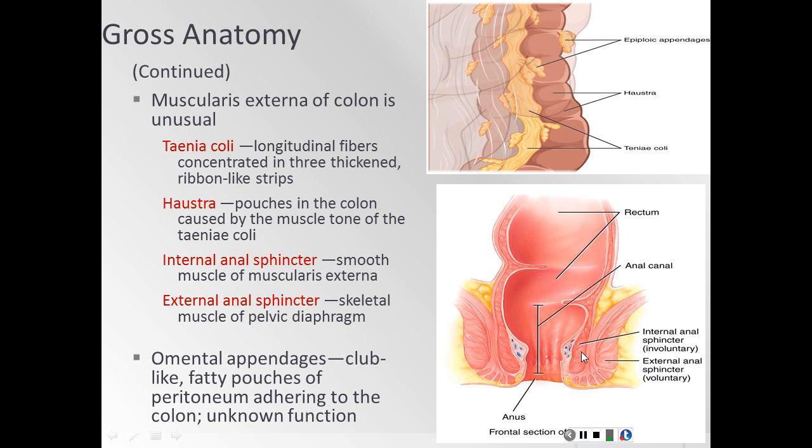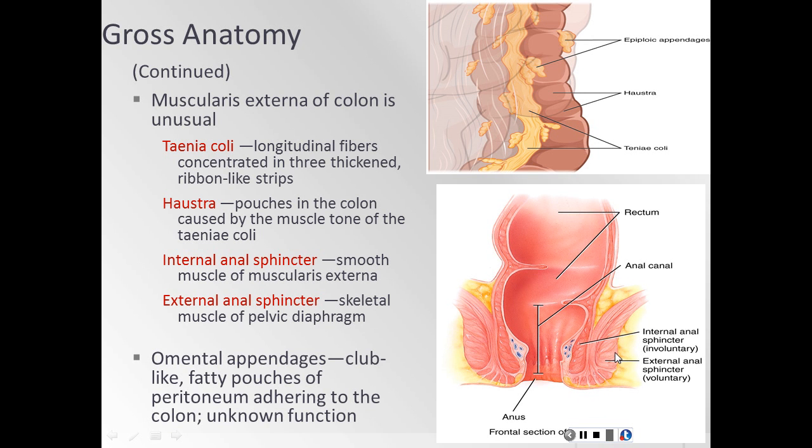The internal anal sphincter is composed of skeletal muscle of the pelvic diaphragm. No, the internal anal sphincter is composed of smooth muscle of the muscularis externa. But the external anal sphincter is composed of that skeletal muscle of the pelvic diaphragm. So here's our external anal sphincter, which is voluntary, and then we have our internal anal sphincter, which is involuntary. Basically, we cannot control that, but we can control the external